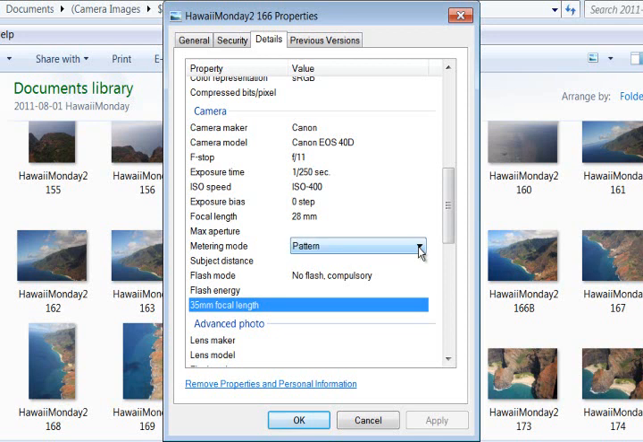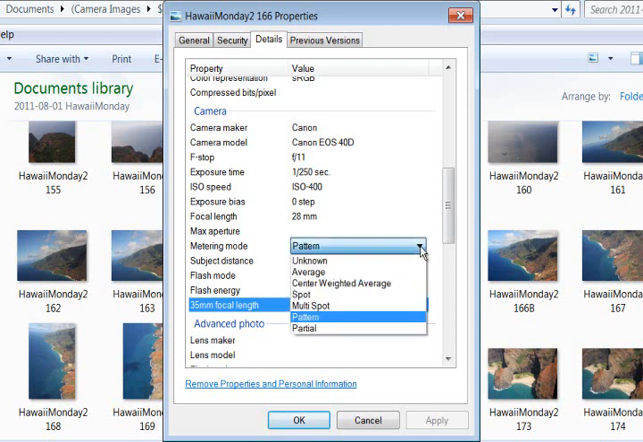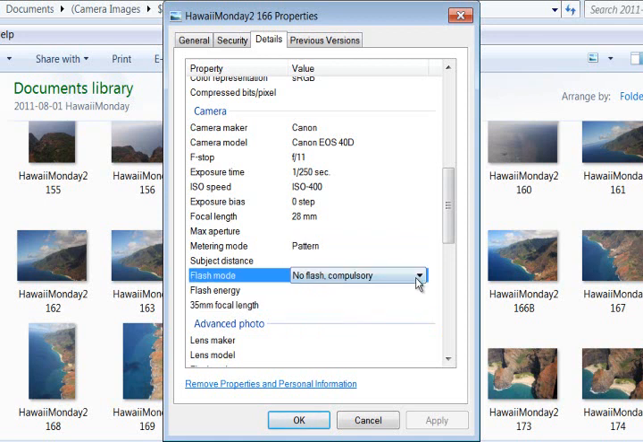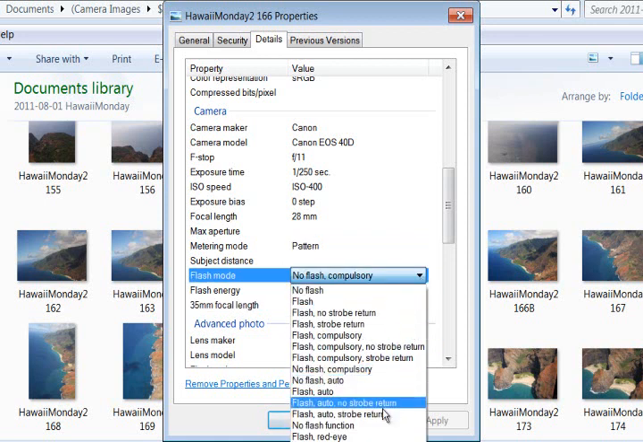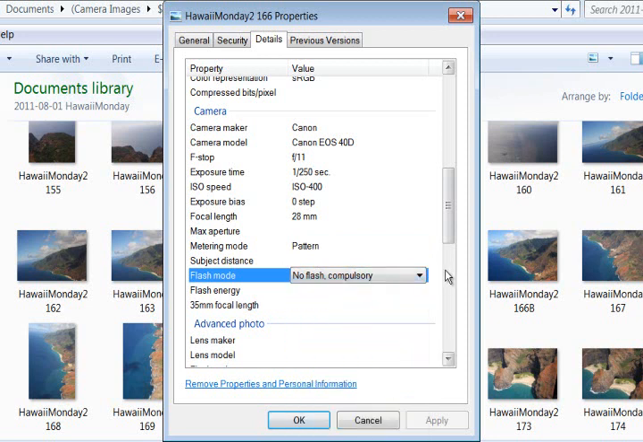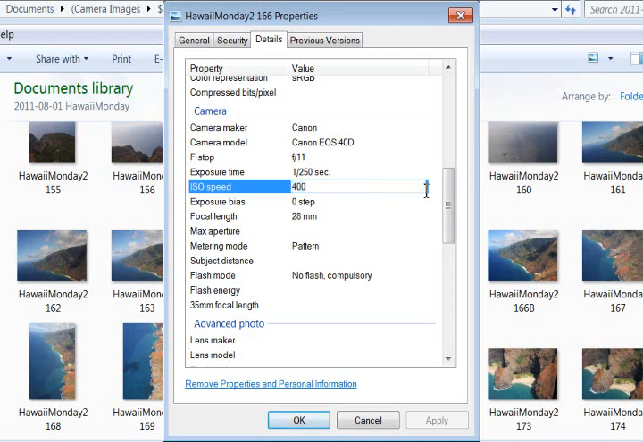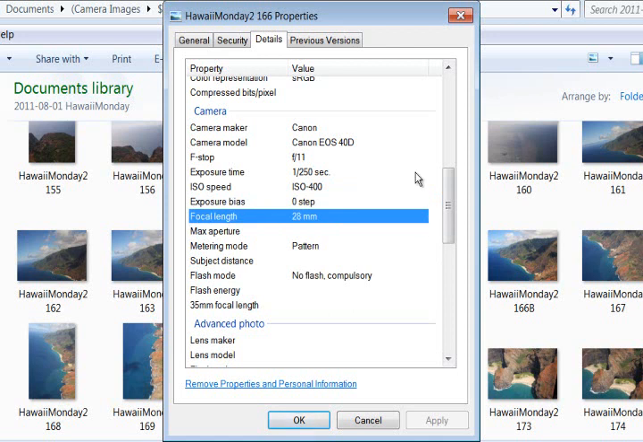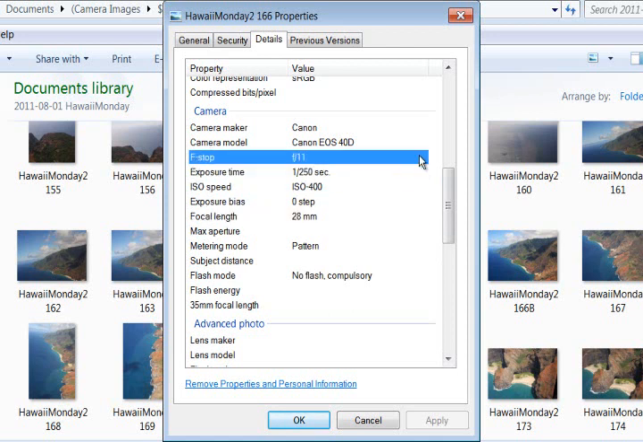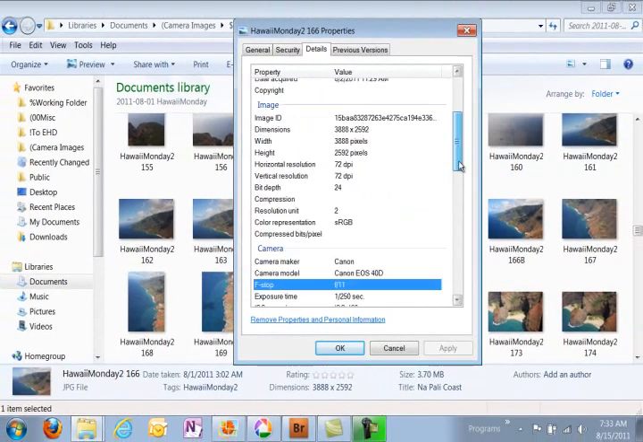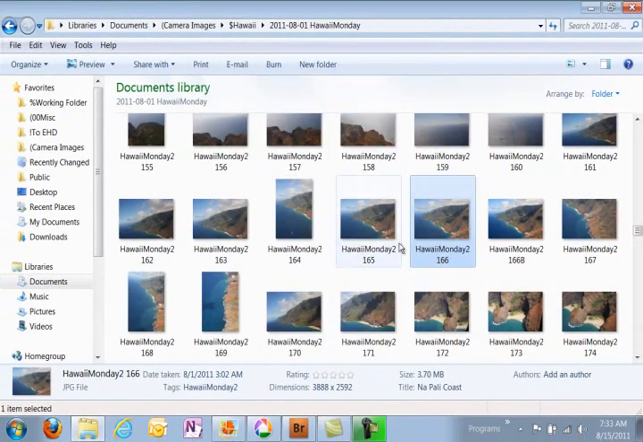If I click down on this drop arrow, you're going to see the other metering options that are available from cameras, and we will be talking about those. Same thing here for the flash. They have actually a ton of them in here. Those are other things. And so that's how you look at the properties straight from a folder in